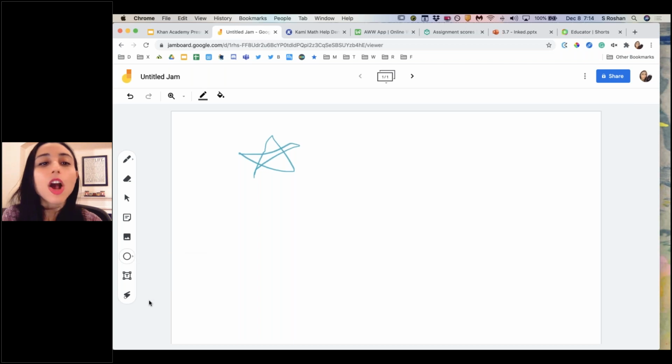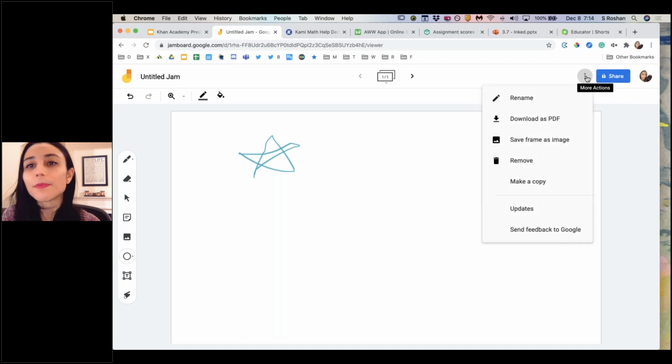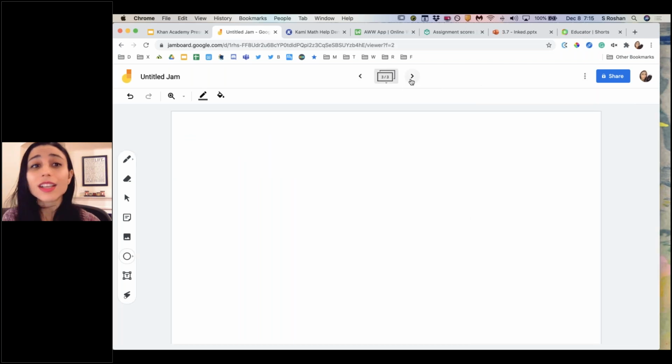It is automatically built into your Google Meet if you're using that, or if you're using Google Drive, if you're a Google school, then this will save to your Google Drive. So that's the nice ability there too, and you can share. Lastly, you can always export this, save this as a PDF afterwards so that you can share these as lesson notes. If you can't get everything on one slide, you can make multiple pages just like that.